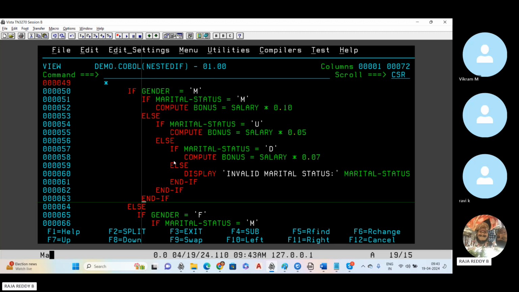Okay, here one more important thing is, as I told earlier, the period is nothing but a dot, a full stop. In the mainframe, the period is very important. Let's say the period will act as a